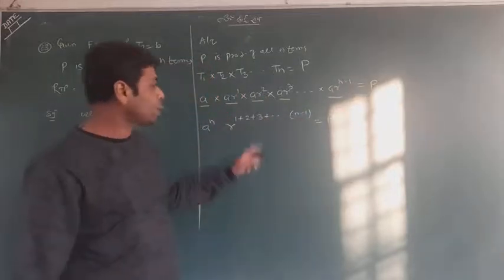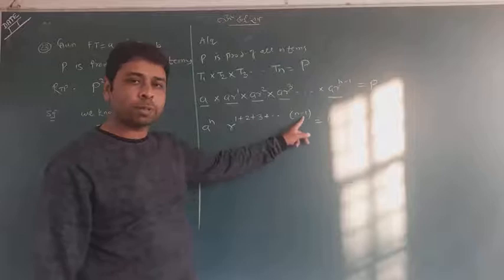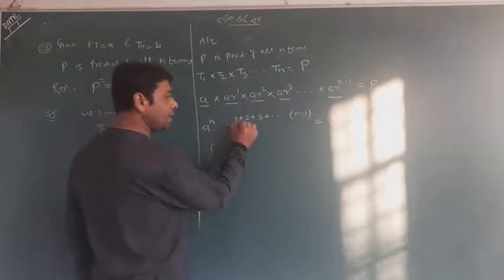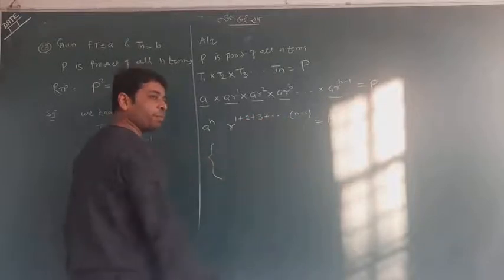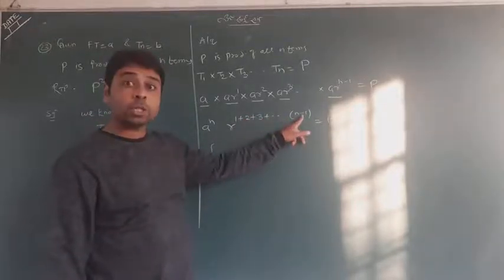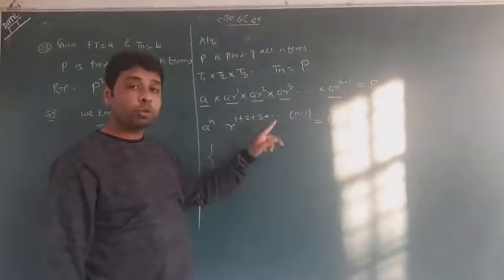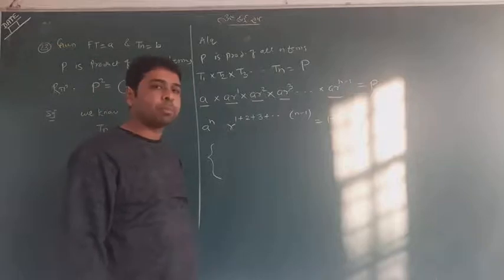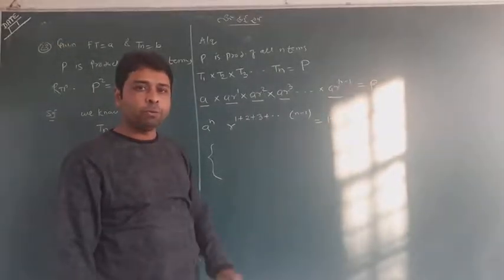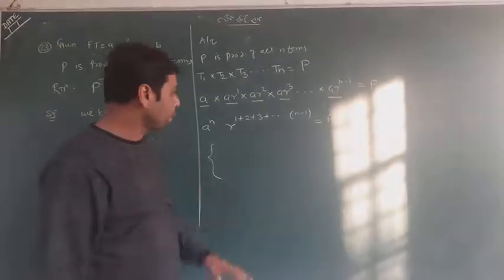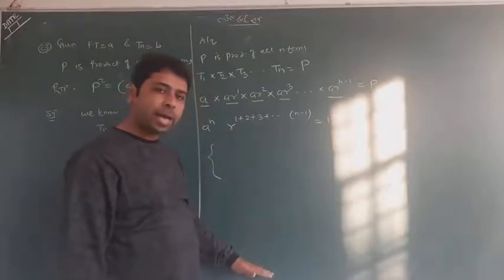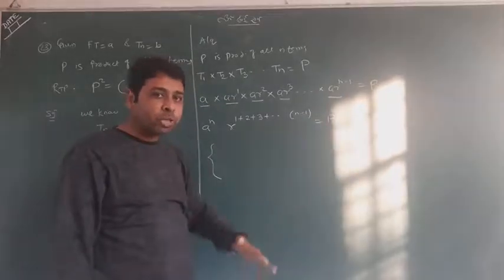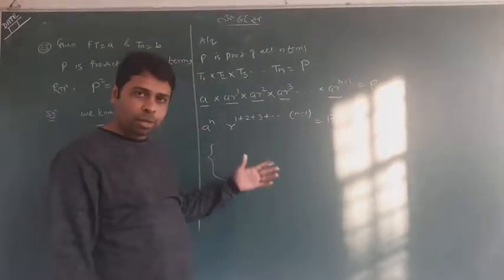Now we are focused on getting 1 plus 2 plus 3 plus up to n minus 1. Can you see? It is an AP till the n minus 1 term, and we need its sum. So you should know the sum of this kind of series. Let me explain something different from the question. We have to delink from all the terms. I am doing something special.